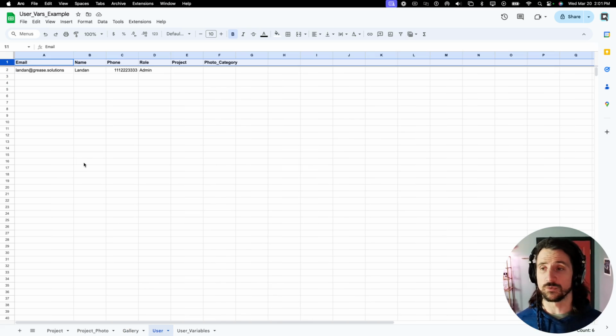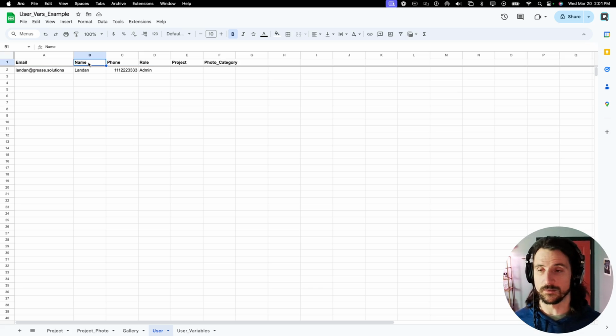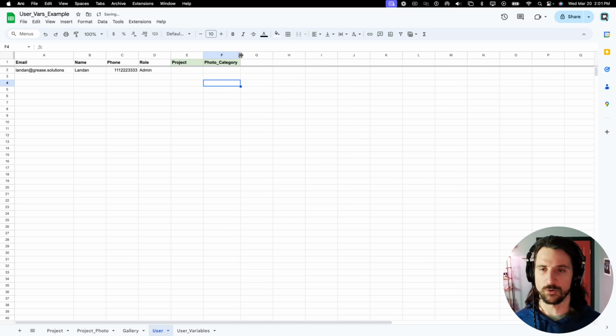Next, I'll move into the user table, and the idea behind this table is to store user properties. Primarily, you want to store an email and a name and any other information about that user that would be relevant. Now, I do have these two columns that are optional, and I want to show you the pros and cons of when you would have it in this table as opposed to this next table that I'm going to show you,